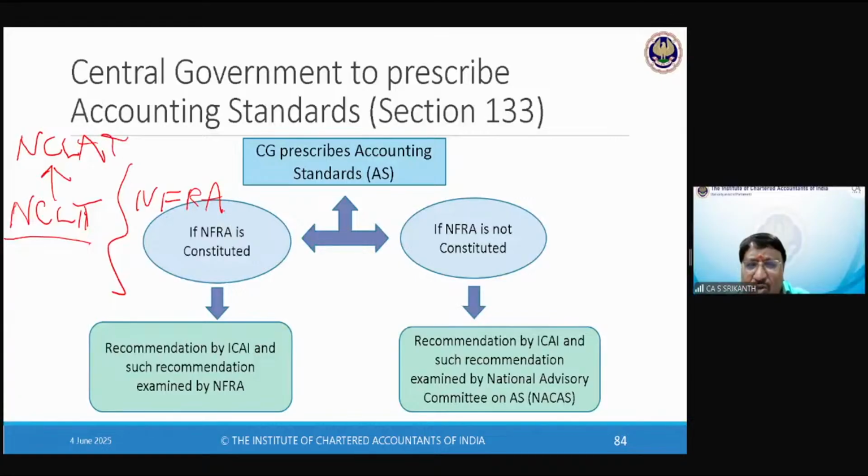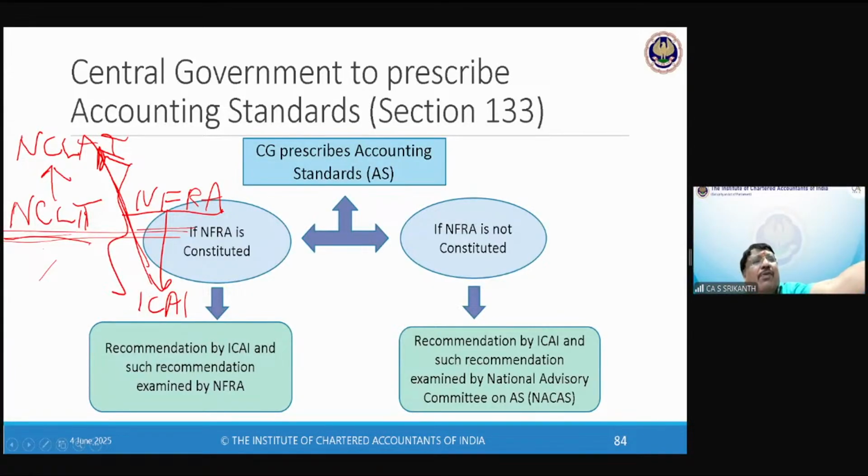Now, NFRA is totally different. They are here to punish ICAI for its Purvajanma Paapam, Prarabdham, everything, Sanchitam, all the sins of past lives we have committed, NFRA has to punish us. It is in that role, Karma Karaka. So now that body will pass an order on me. No, I'm a citizen of this country. I can go on appeal. Where will I go on appeal? I'll go here, not to this body. Okay, because these two are at the same level. So again, if I'm not happy with the NFRA order, then I can go and appeal to the NCLAT. Okay. So I hope, Ji, you are clarified on this also.